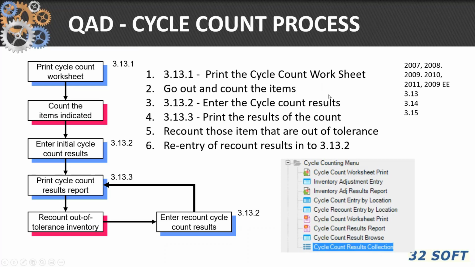Then you go out and count the parts. You come back, you enter the parts in your cycle count results of 3.13.2 with an initial count. Then you recount those parts that are out of tolerance. We looked at the 3.24 last November and saw that we set those kinds of tolerances in the inventory control file. And then after you've recounted, then you put the recount results in